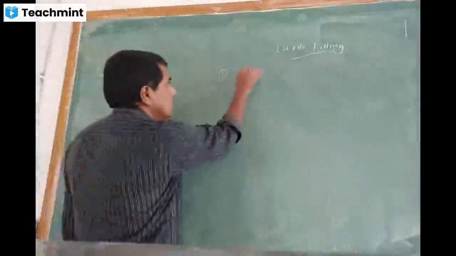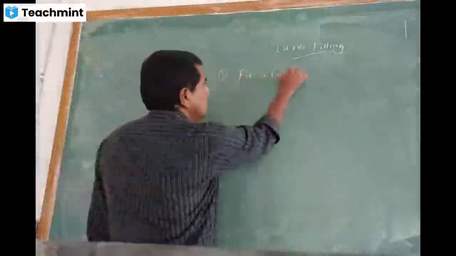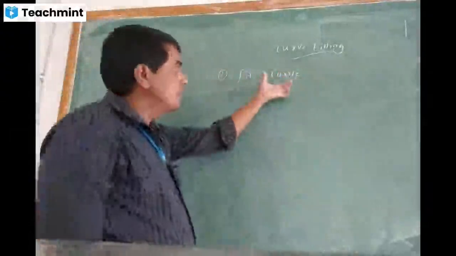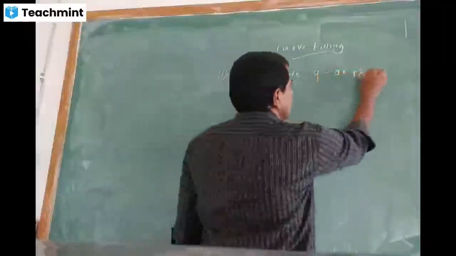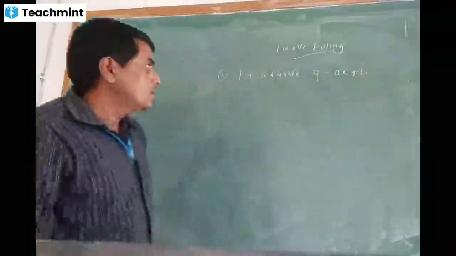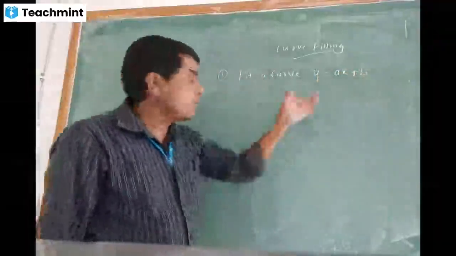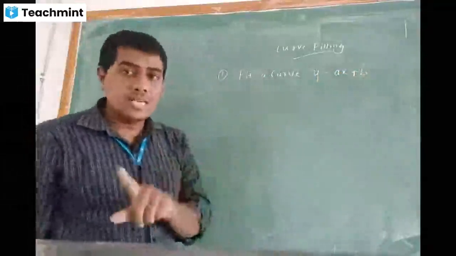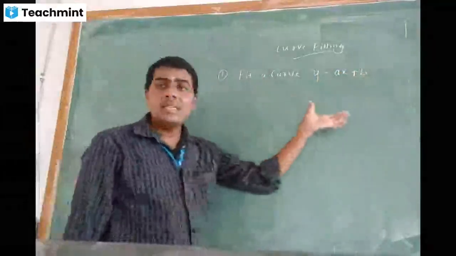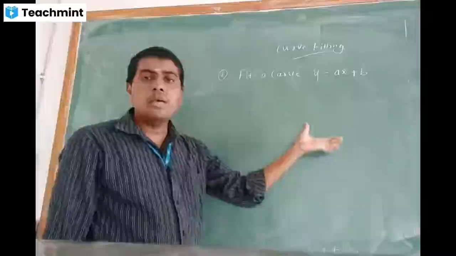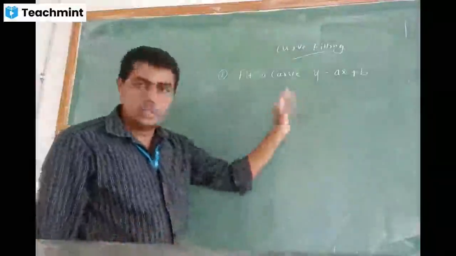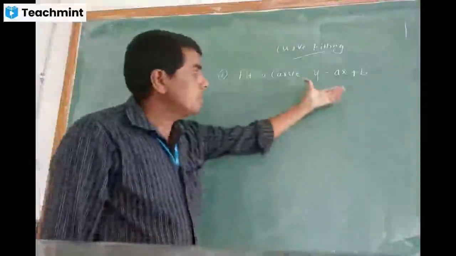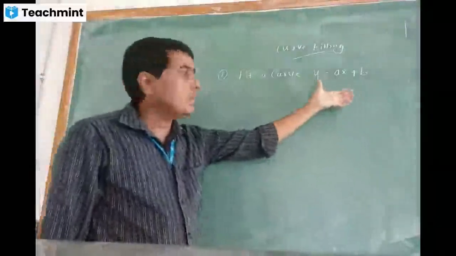Fit the straight line y is equal to ax plus b for a given set of data. Do remember the procedure, because the derivation is not necessary for the examination. Remembering the formula is actually easy, and I will show you a shortcut method, but do remember this also. So y is equal to ax plus b is the straight line equation.